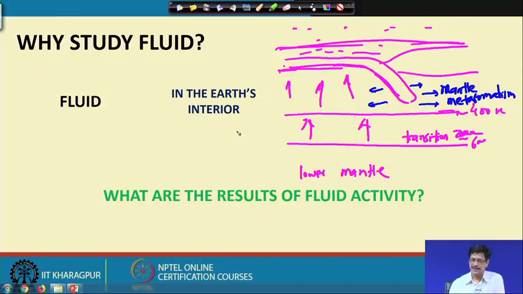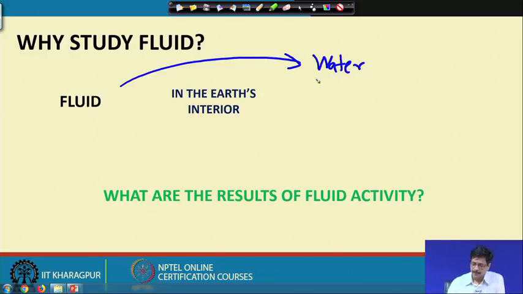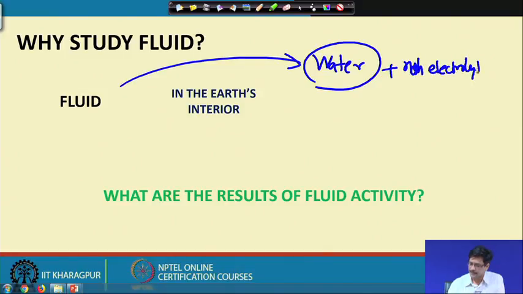And so, the basic idea of discussing all this is that what we know as the fluid, the majority of its constituent fraction is actually water, and this water is charged with many types of other soluble constituents, so we can say water plus various non electrolytes, and then various electrolytes, and this water pervades the interior parts of the earth, in the lithosphere, in the crust, in the mantle regions,